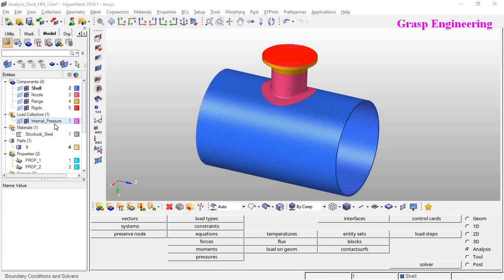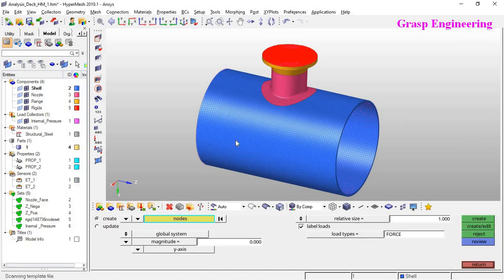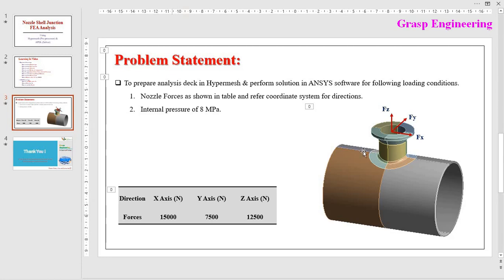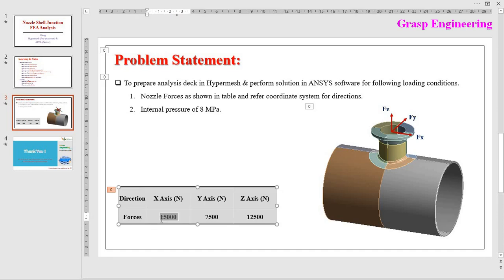Now the next load step is to go to analysis and then apply forces. For forces, let's refer to our problem statement. You can either create a local coordinate system or apply in a global coordinate system, but you need to refer to this coordinate system. So let's refer to this and apply in the global coordinate system. X is nothing but our longitudinal, so 15,000. Let's copy that and apply longitudinal 15,000.